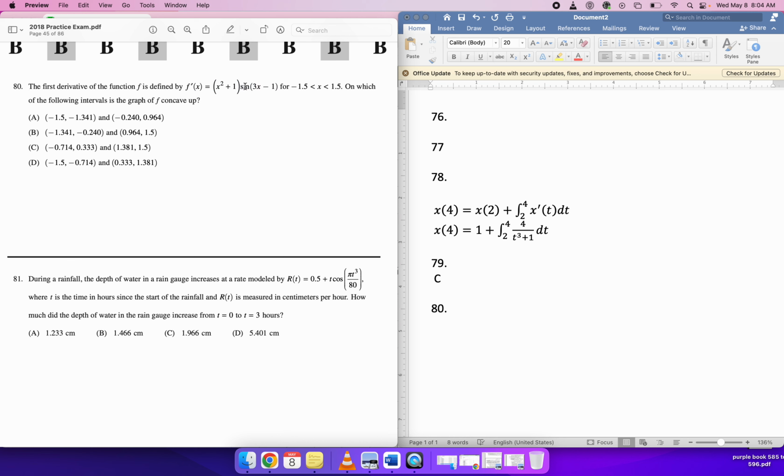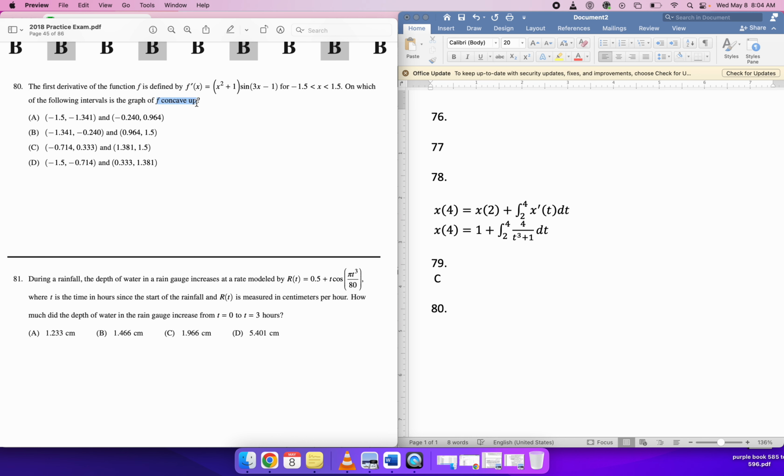That's way too complicated. Maybe you're saying to yourself, oh, I can analyze concavity by looking at the second derivative, right? Concave up means the second derivative is positive. So I'm going to take the derivative of this guy and then see where that resulting function is positive. That would work, but that's still more work than you need to do. That's a lot more work than you need to do. You don't need to take any derivatives or antiderivatives in this problem at all, because you just have to recognize,